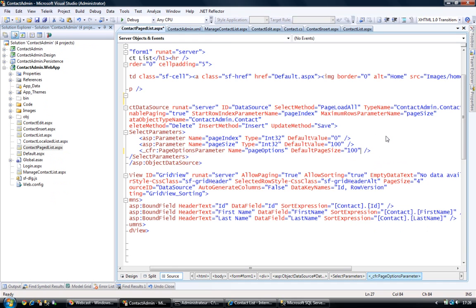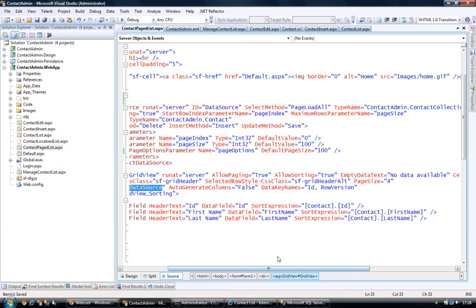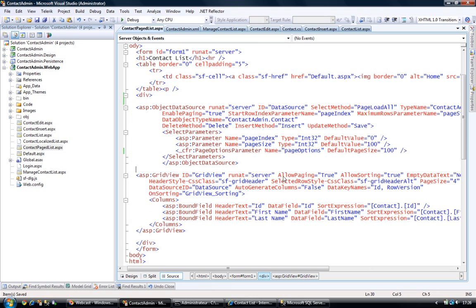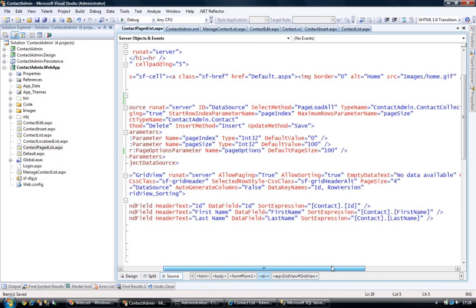Here I'm going to keep all those values by default, since by default the sorting direction is descending, meaning it will go from A to Z. Then I have a grid view here which consumes my data source named data source right there. I have a few extra attributes configured here, such as allow paging, which is set to true, allow sorting, which is set to true as well,